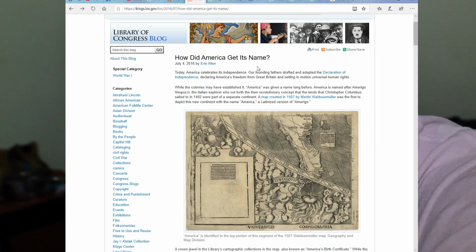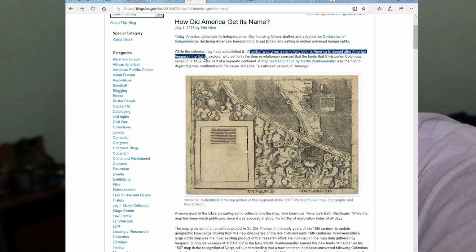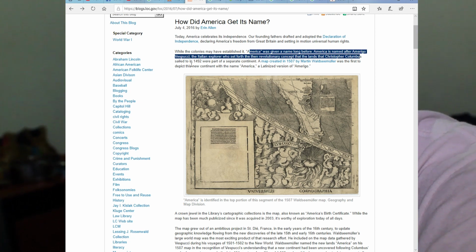If Christopher Columbus discovered America, how come it's not named after Christopher Columbus? Well, here we go. So I looked it up. How did America get his name? America was given his name long before. America is named after Amerigo Vespucci, the Italian explorer who basically was one of Christopher Columbus' guys who sailed with